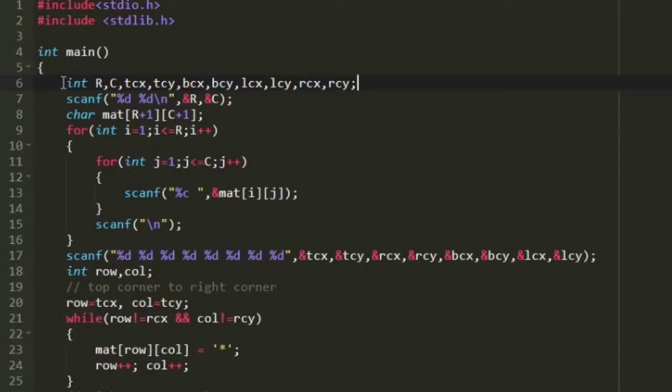So first I am creating some integer variables. So R and C represents the row and column, and then TCX represents top corner X. So x is related to row, and then top corner y. So this represents the column, and then bottom corner x, bottom corner y, left corner x, and left corner y, and then right corner x and right corner y. So I have written all these integer variables in short form,